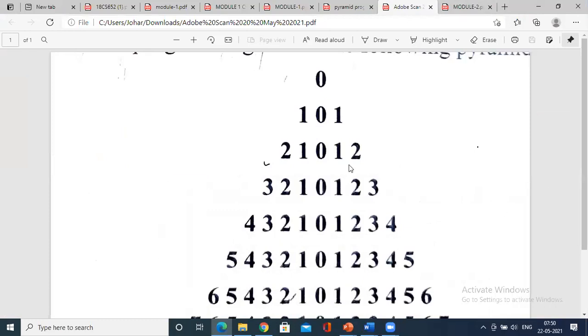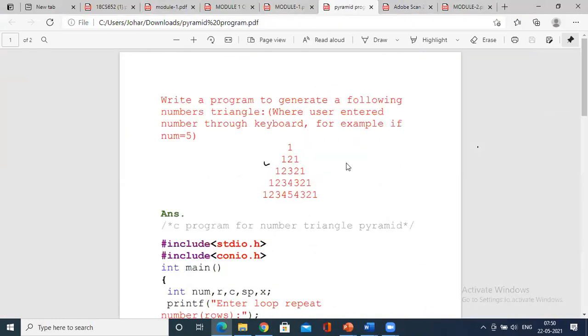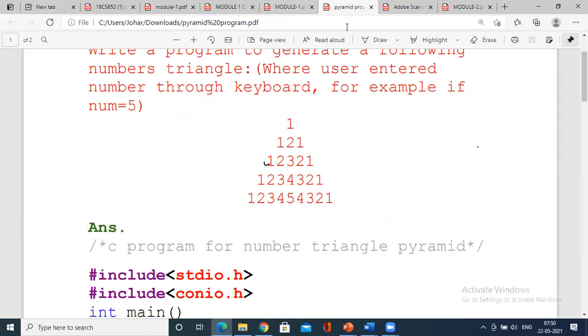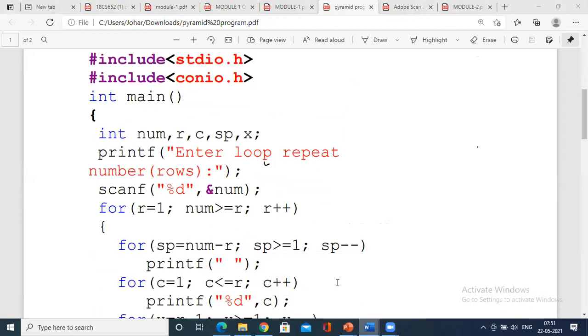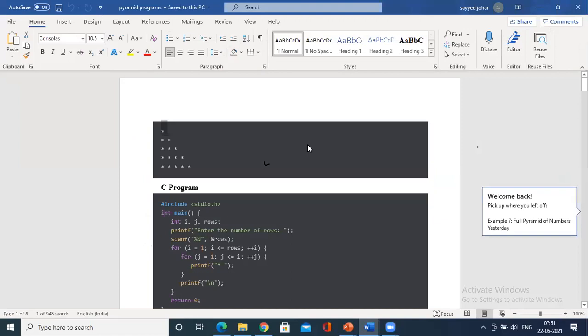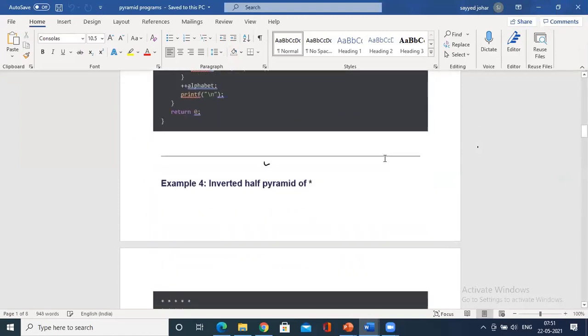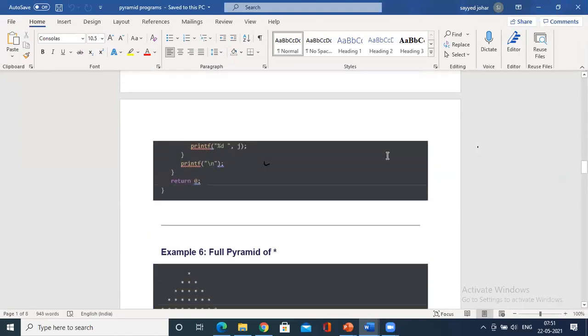Now coming to the pyramid program. You have to print this, just for 15 minutes we'll see this program. A simple tracing of one of the loops we will see. This is the program that you have to print. There are many pyramid programs, and today I'll just see a simple program. This is also one of them. Many pyramid programs are there.